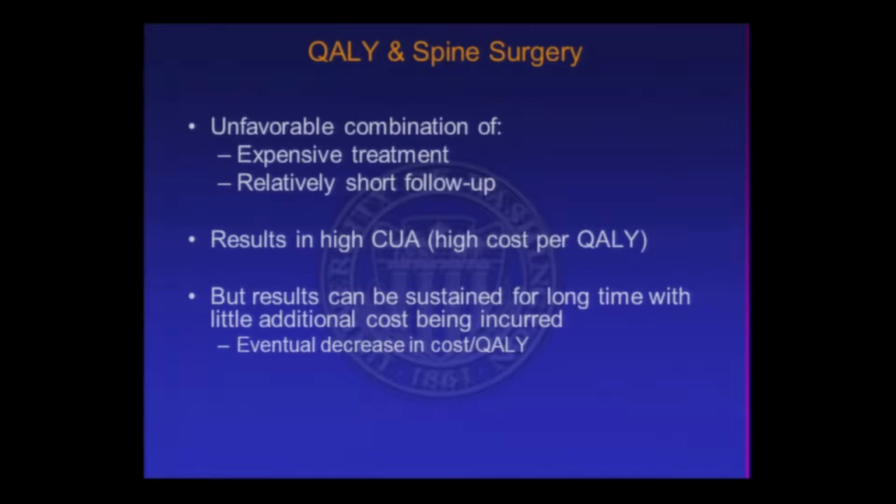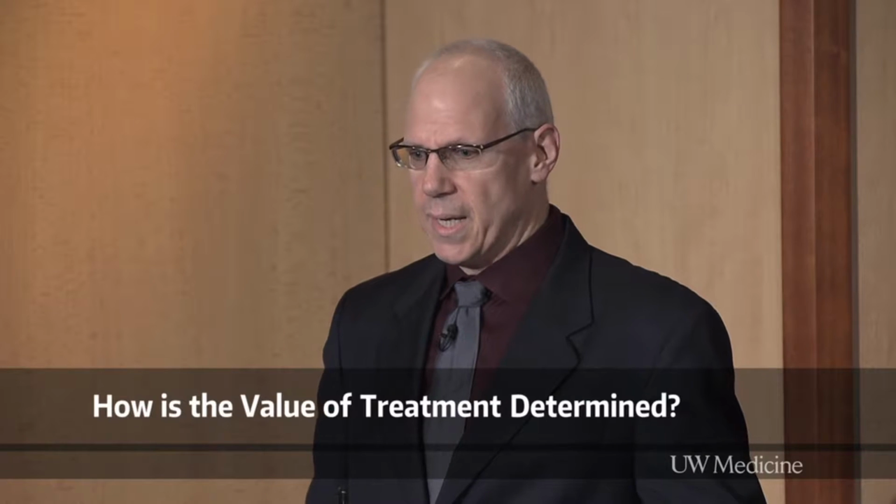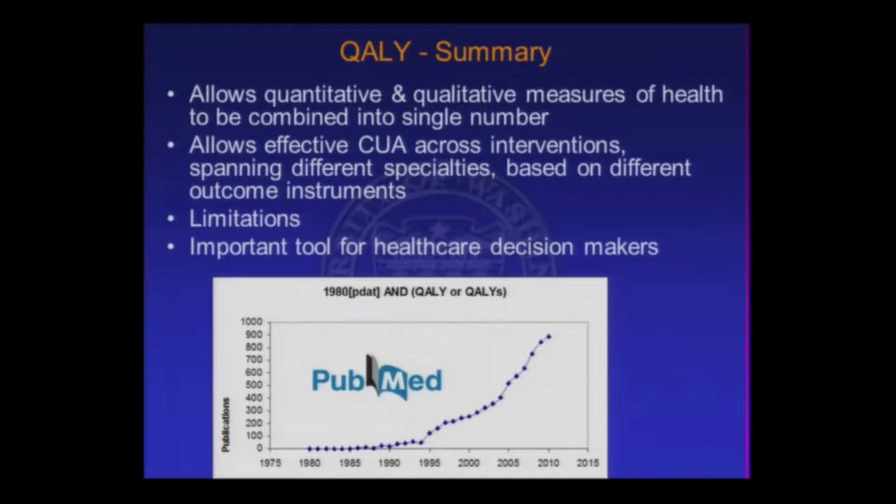All right, so I'm going to summarize this pretty soon, but when it comes to spine surgery, one of the problems is that spine surgery is extremely expensive, right? Our follow-up on these patients is very short, so we run into that catch-22 of having extremely high costs and very low, at least documented, longevity. So that's one of the issues with regard to trying to obtain higher or longer follow-up care. And although QALYs do have significant limitations, you can see here by this graph, which demonstrates the number of times QALYs have been cited, that these are becoming extremely popular and more important when it comes to making healthcare decisions.